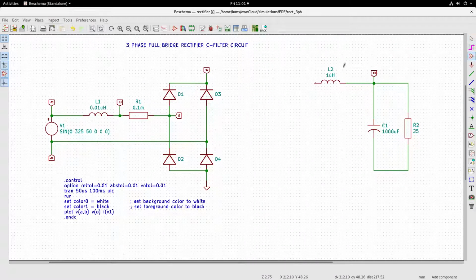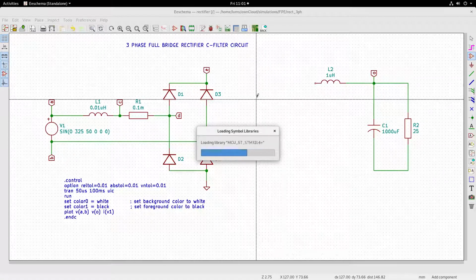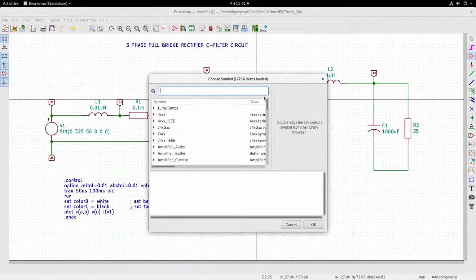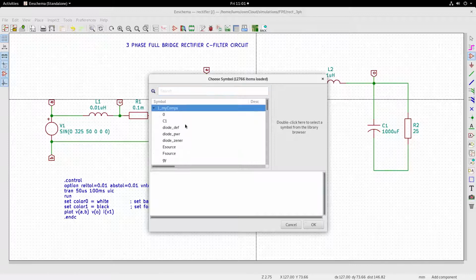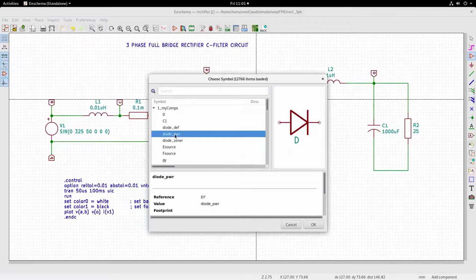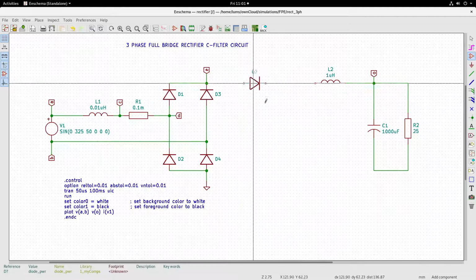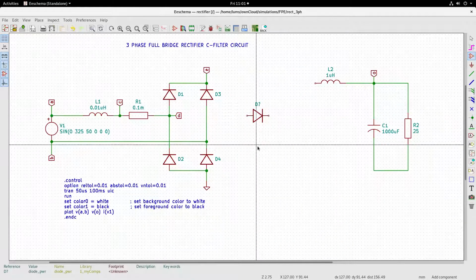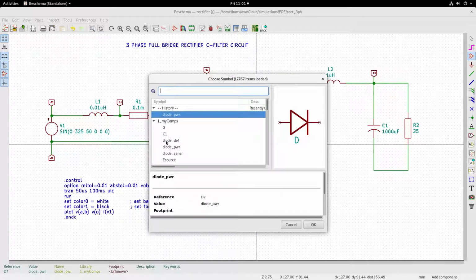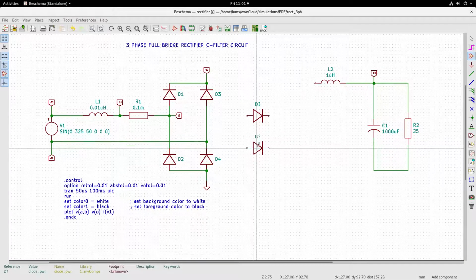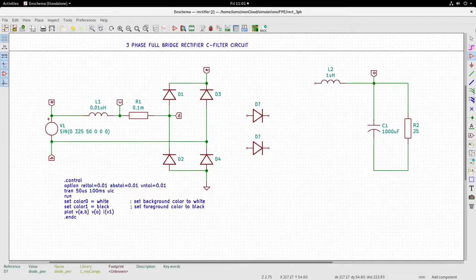Go into place components and let us pick the diodes from my components, power diode, and pick them. Place one more diode you need. Let us pick that and place it here. So you have the two components.